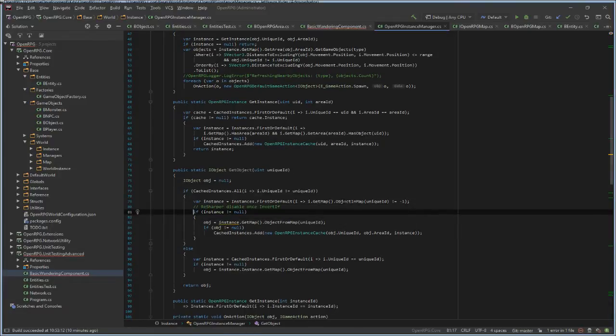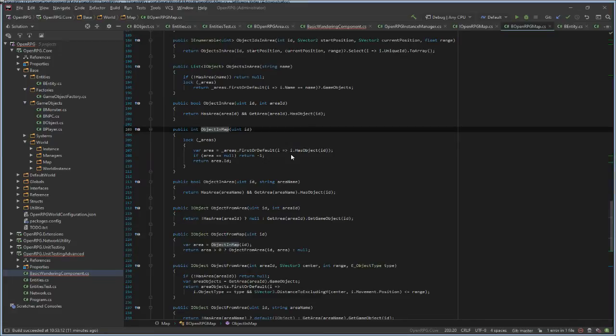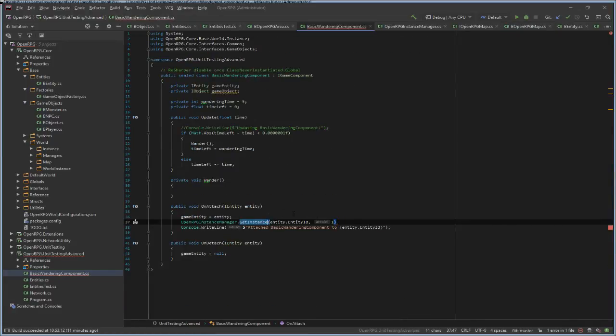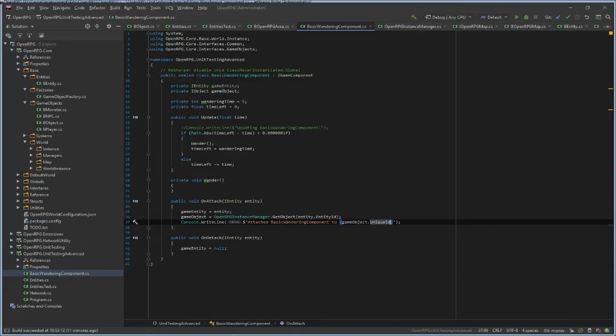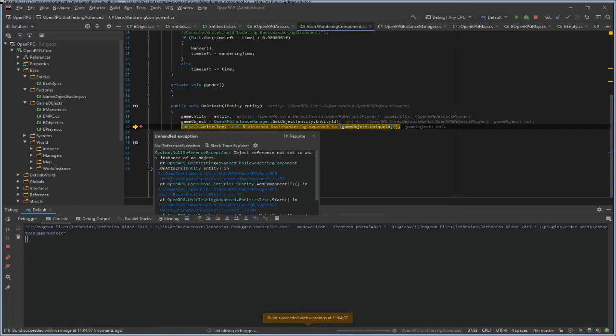I don't think we should return here. Just cancel this. I'm hoping this would work. Maybe not. Game object equals to, instead of using this, I will use the game object reference received. I'm really hoping this would, yeah, as expected.